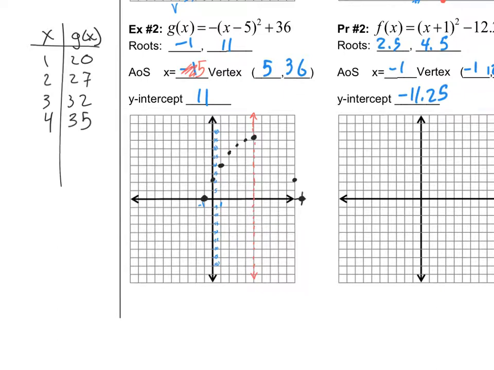And remember what I said about that axis of symmetry. It has the exact same points on the other side. So think about it. If the 4 is at 35, so is the 6, because they're both 1 away from that axis of symmetry. So you could just mirror all these points. So that's also at 35. That's also at 32. That one is also at 27. And this one is also at 20. And now you see you have a pretty accurate graph